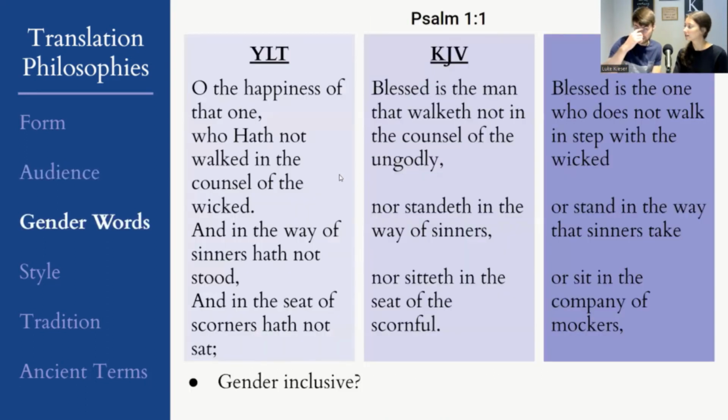Another thing that we can notice here in Psalm 1 is right at the beginning: "Blessed is the man" versus "blessed is the one." So the NIV is trying to be a little more gender inclusive. The text actually says man, and that's why the King James put it as man. But when the King James did that, they didn't mean women are not blessed. The NIV just wanted to clarify that this is an inclusive word, that women are also included, so they try to use a word that's more neutral between man and woman.